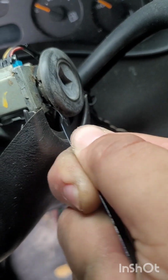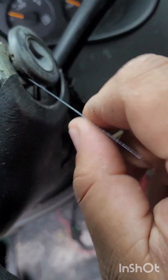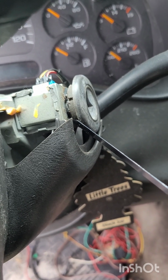Okay, I'll do it from this side better. As you can see, I got the pick started. The only problem is finding, there we go. Now we got it in. Yep. Now we got it in. So now that we have the pick on the actual bar itself, pushing it